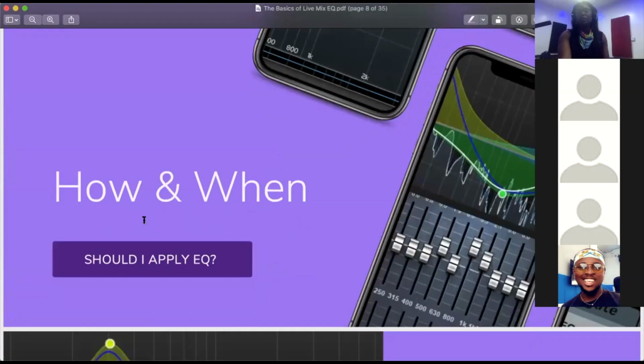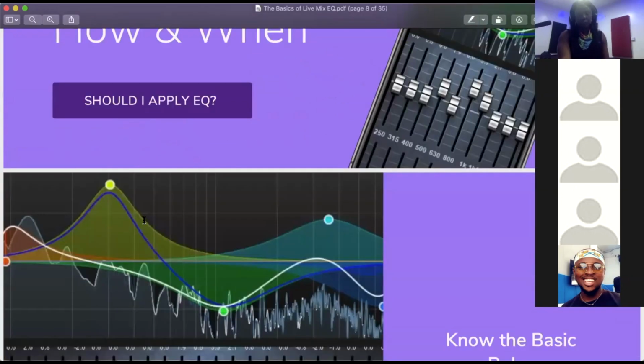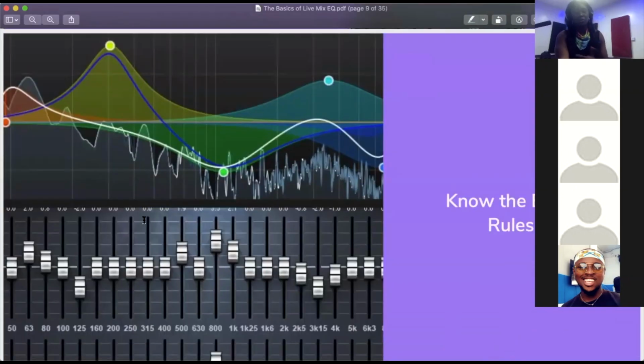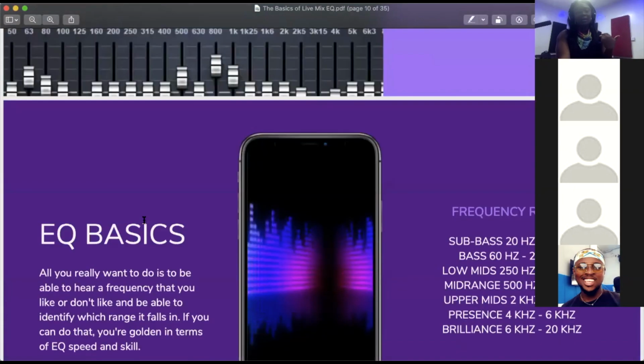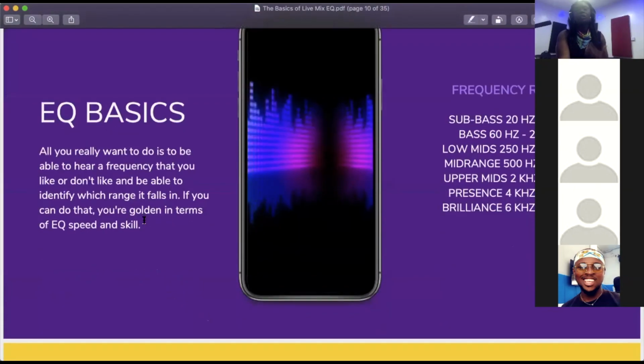How and when should you apply EQ? Okay, so first things first, you need to know the basic rules. All you really want to do with EQ is to be able to hear a frequency that you like or don't like, and be able to identify where the range falls and what you want to drop and what you want to boost. So if you can do that, you are ready to up your game as a live sound